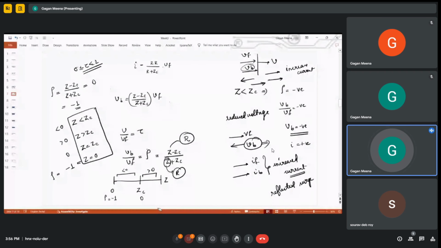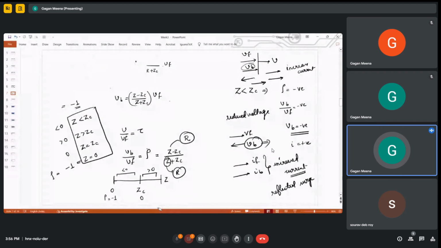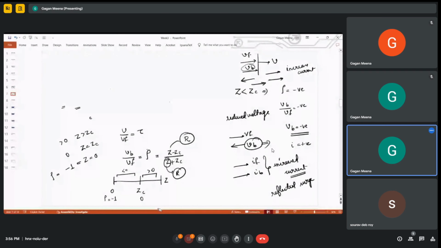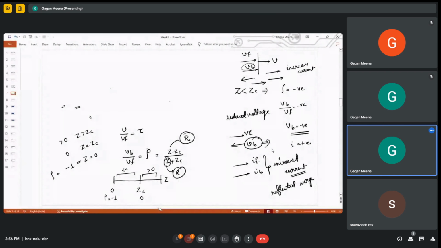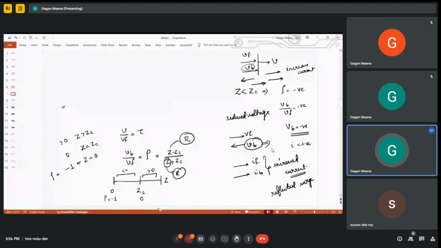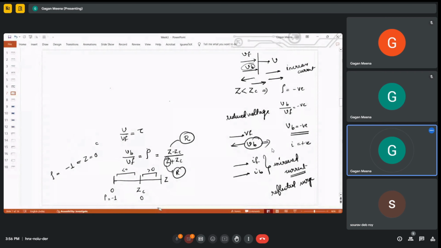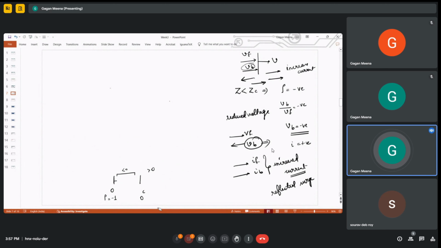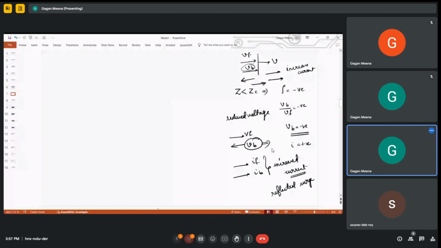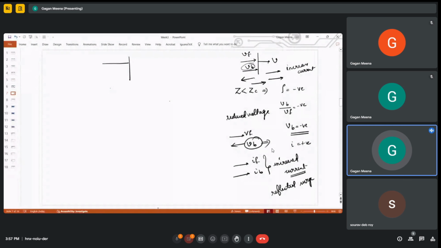This is very important. Similarly, we can also do this for the opposite. When Z is greater than ZC, then also the opposite thing will happen. That you can also try yourself. So just let me tell you once again what is the convention and what are these reflection and